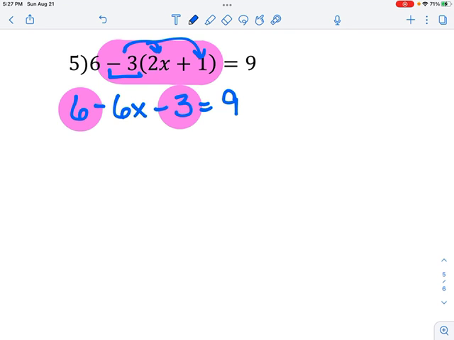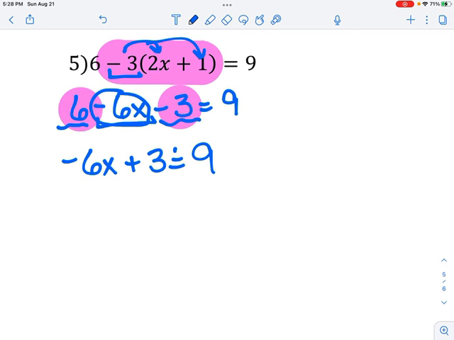So what I'm going to do is just bring down the one with the x, and make sure that we remember that negative is attached to that 6x. So I'm going to write down negative 6x. Then I'm going to do the like term. So I have 6 and a negative 3 here. If I have 6 things, I add it to a negative 3, that would get me a positive 3